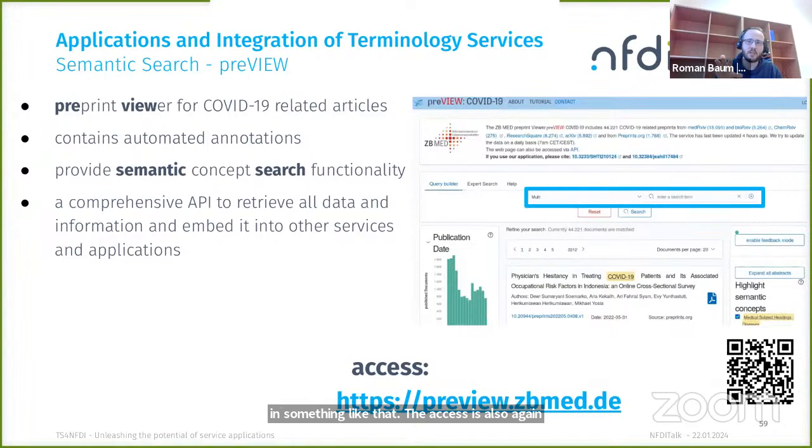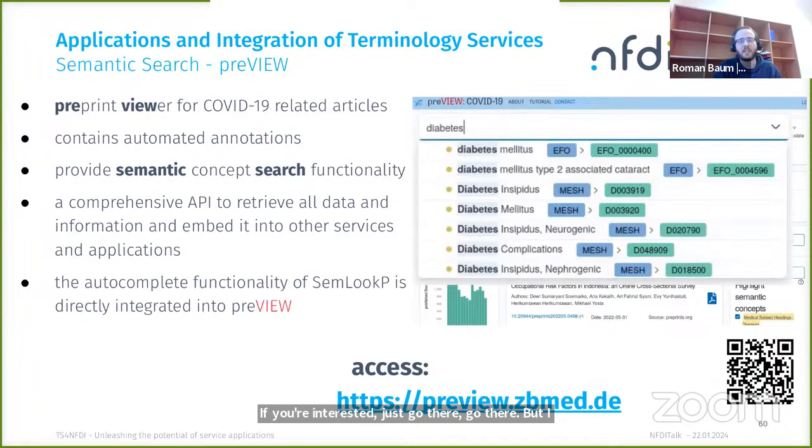If you're interested, just go there, but I will now focus on the semantic search. Because when I click on the semantic search, what you see there is the same autocomplete field as I showed you before in the storybook, because the functionality of this autocomplete field is directly integrated with a widget.